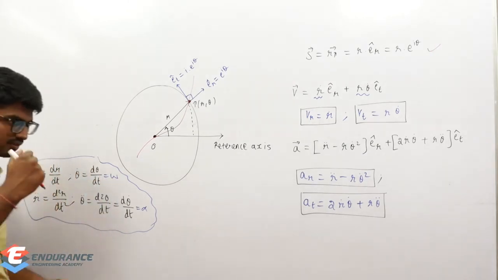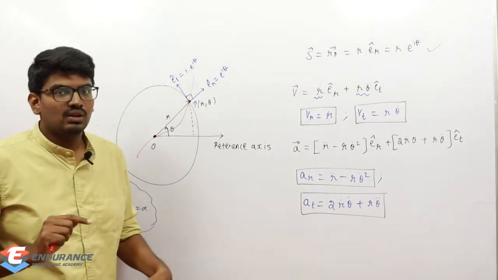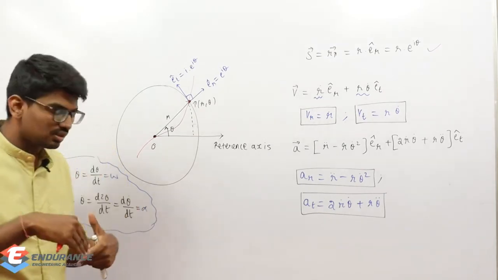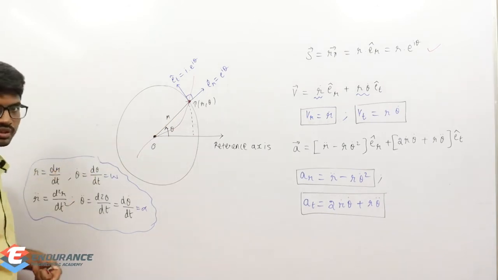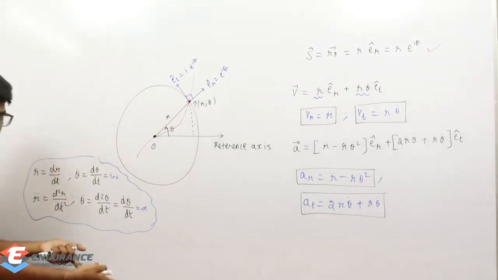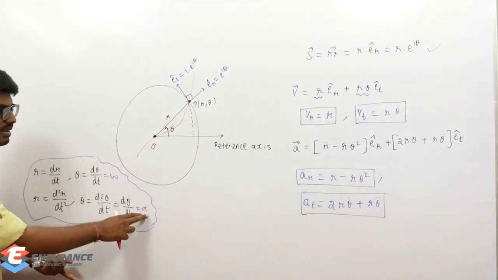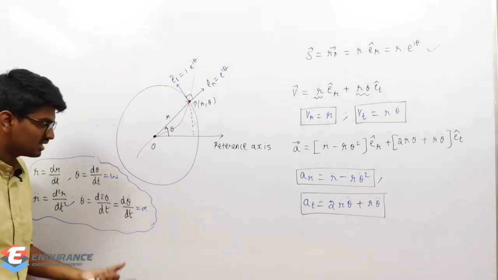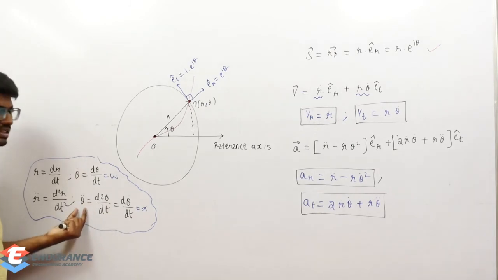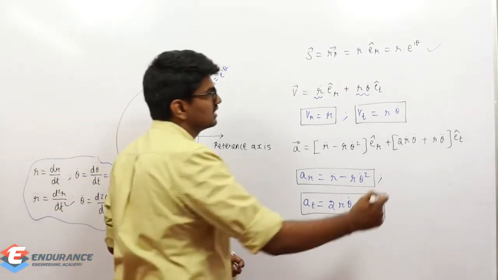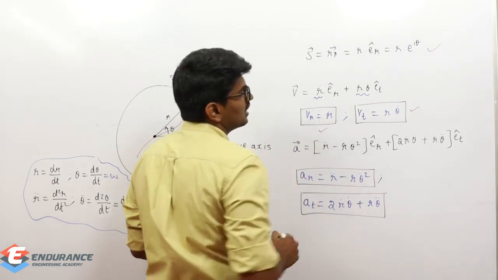See, the rate of change of linear displacement is linear velocity. The rate of change of angular displacement is angular velocity, how the angle changes with respect to time. And twice differentiation of that angular displacement gives angular acceleration, which is d theta dot by dt, or d squared theta by dt squared, which is theta double dot. So this is v tangential, and this is v radial.